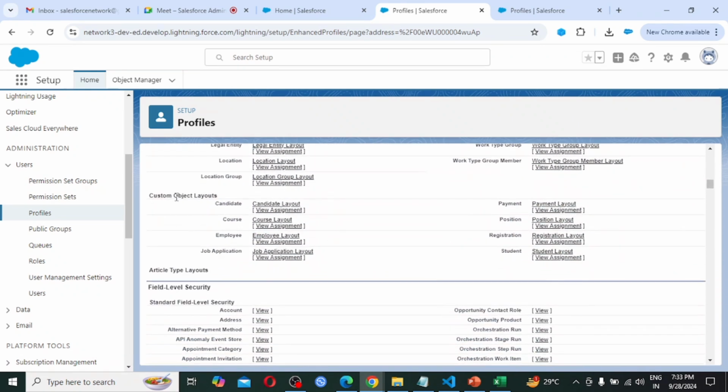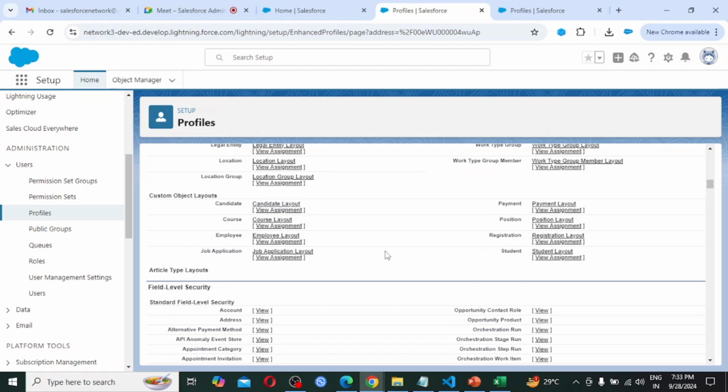Here we are seeing custom object layout. As we had created our own custom objects, we are able to retrieve this information: the candidate object and candidate layout, course object, course layout, employee object, employee layout, job application, payment, position, registration, and student.